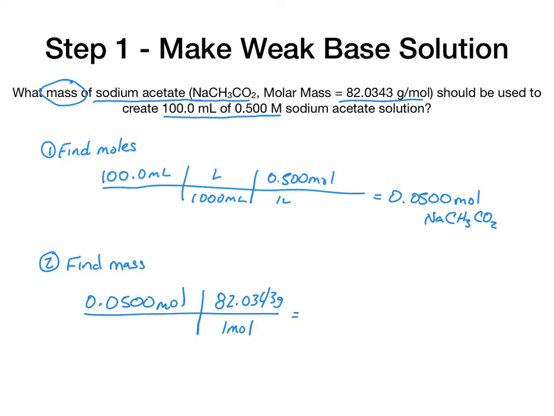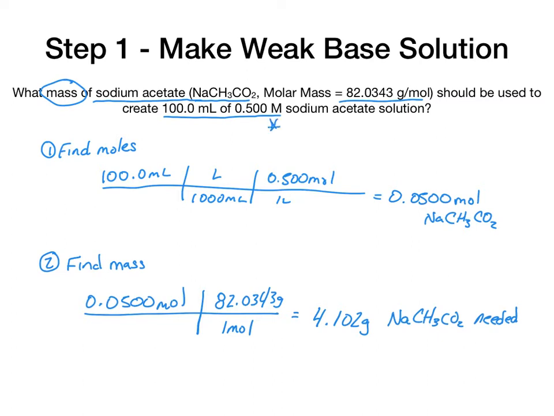And so I find that there's 4.102 grams of sodium acetate needed. Okay, so now I know what mass I need to weigh out and dissolve in water to be able to